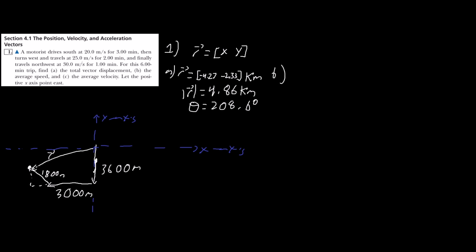Because if you went to a city, you turned, 20 miles in this direction, and then you went 20 miles east and 20 miles north, or whatever, you traveled a total distance of 60 miles. The same thing with speed, folks. We're just going to add them up. So we're going to take 20 meters per second plus 25 meters per second plus 30 meters per second, and we're going to add this